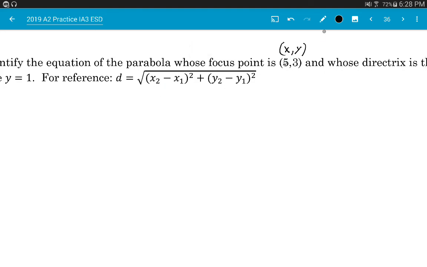So x and 5, they're going to go here. Y and 3 are going to go here. So let me rewrite this. X minus 5 squared plus y minus 3 squared